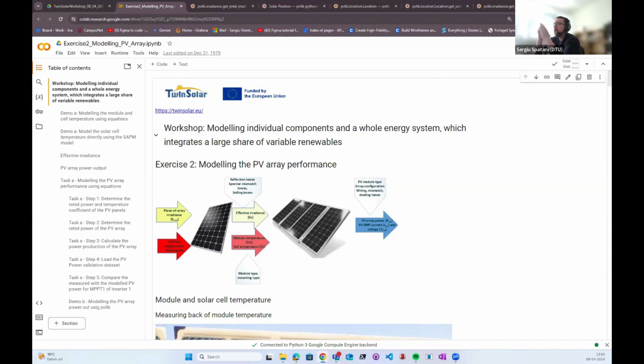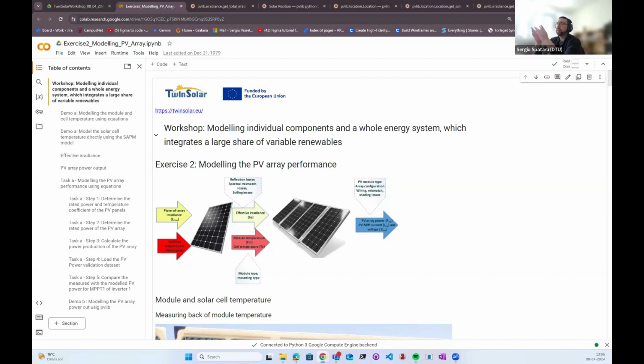So if you have soiling, even though you have, let's say, 500 watts per meter squared irradiance on the surface of the panel, and you have soiling on the front glass, and let's say that soiling reduces the irradiance by 50%,